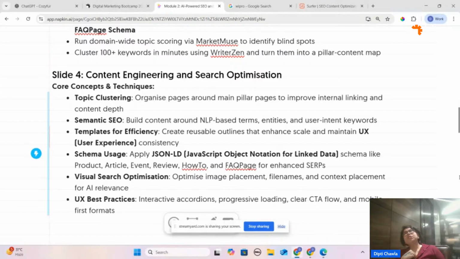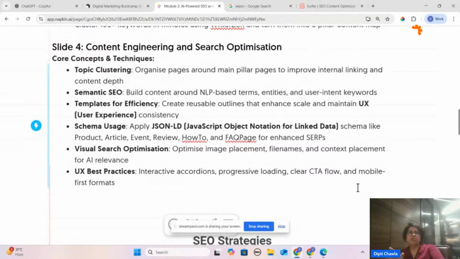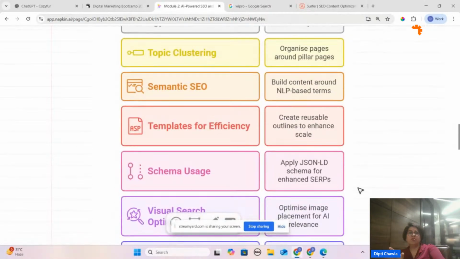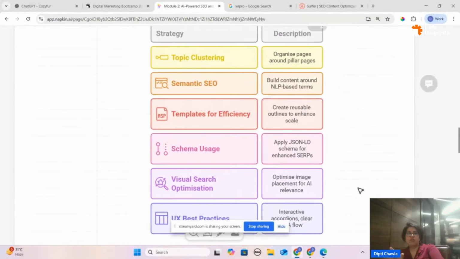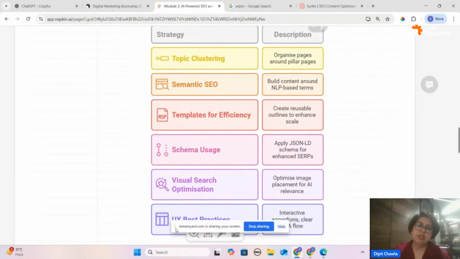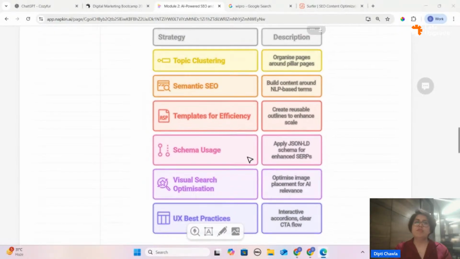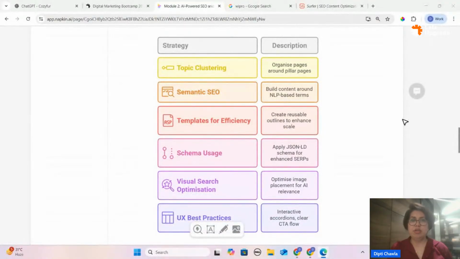So basically, people today are more comfortable with mobile based websites and mobile based applications. So it should be more interactive, not just laptop friendly, because most of the people still like earning lakhs using mobile. So make sure that is there. The UX practice should be aligned. Now that's content engineering. If you want, you can take a screenshot of this as well. So the structure will be very concise and helpful.